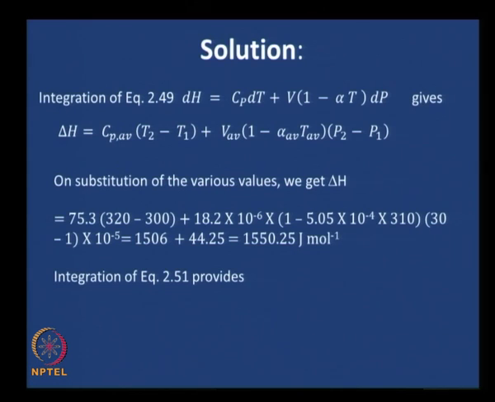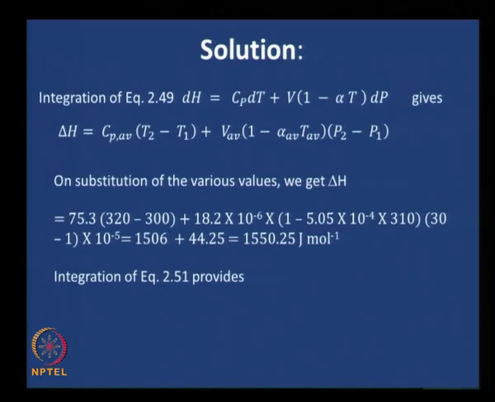Now why do not you go ahead with the integration of 251, go back into your notes and integrate 251, see what you get, this is for delta S, see what you get in terms of the measurable properties, substitute the values and find out what delta S is for this particular case. Take another maybe 10 minutes, since you know the scheme now, why don't you take about 10 minutes to find out. Go ahead please.